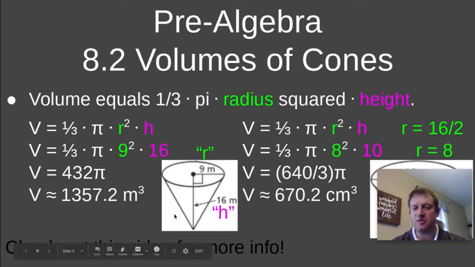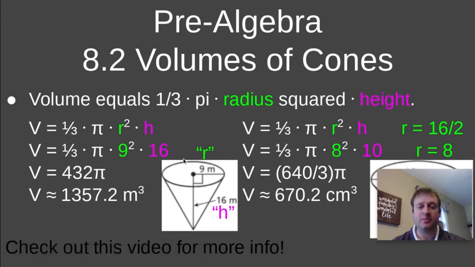We're taking away two thirds of the volume area of the cylinder if we put the cone in it. We're not counting two thirds of that area. So the idea is a cone takes up one third of the volume that a cylinder with the same radius and height would. So all it comes down to is quickly finding the radius, it is 9 meters, quickly finding the height, it is 16 meters, plugging them in the formula, and then grabbing my calculator or doing the mental